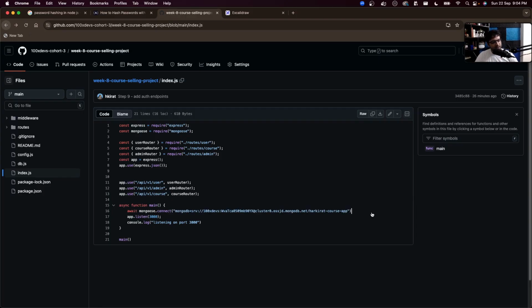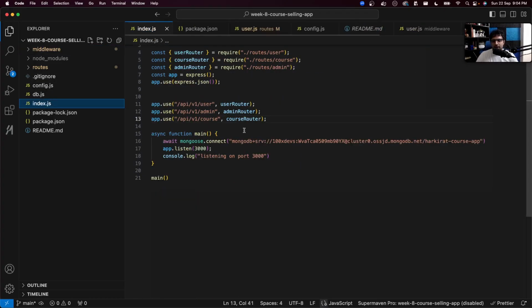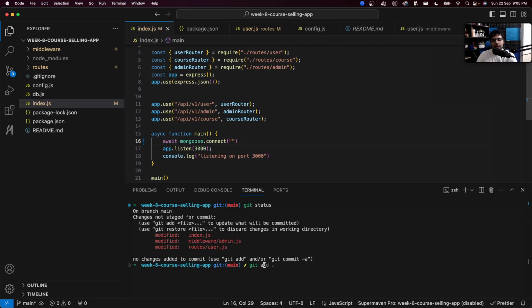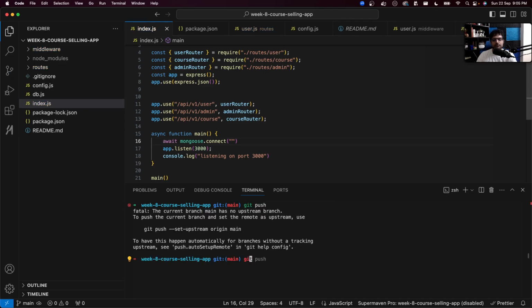There are many ways to fix it. Number one is you do this dumb thing. Okay, acha, what I will do is in index.js, जब मैं locally test कर रहा हूँ, when I'm testing locally, then I will use this. Before committing to GitHub, I will empty it. हर बार मैं ये करूँगा कि यार मैं पहले तो हटा देता हूँ. I think my password is in there, let me remove it. So remove password or whatever, Mongo URL, and let me push my code